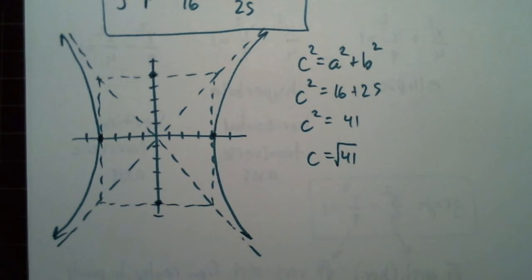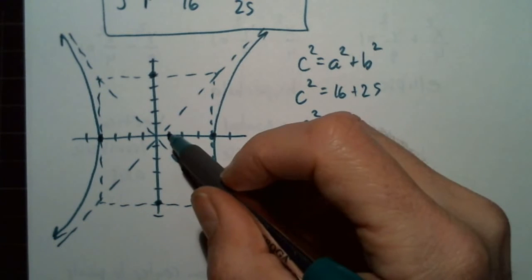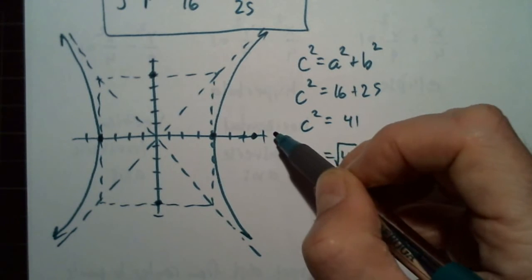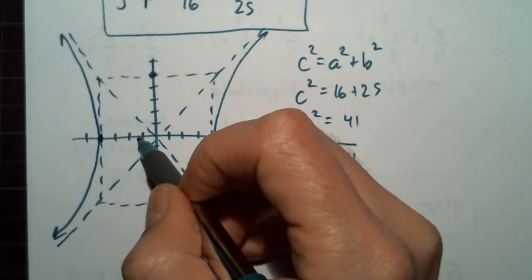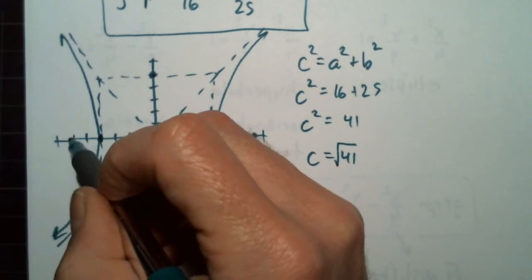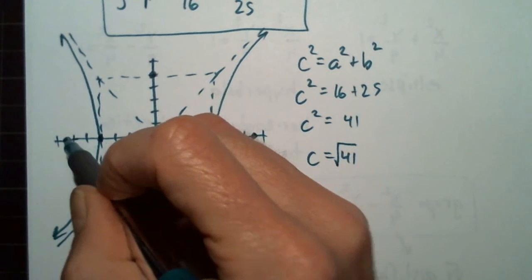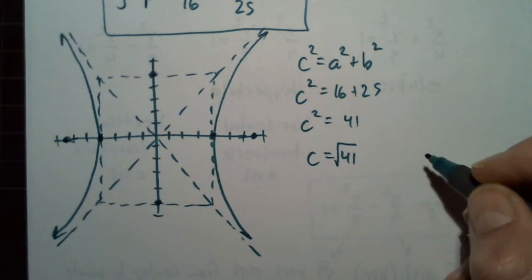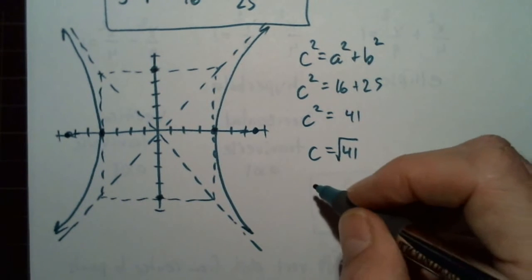And that will be between 6 and 7. 1, 2, 3, 4, 5, 6, 7. Somewhere out there is a focus. And we have 4, 5, 6, 7. And there's a focus out there. So we can say that the